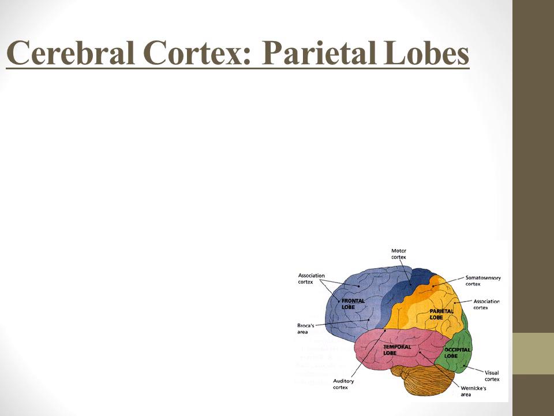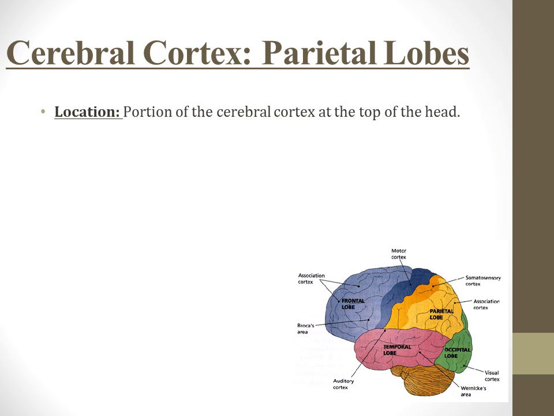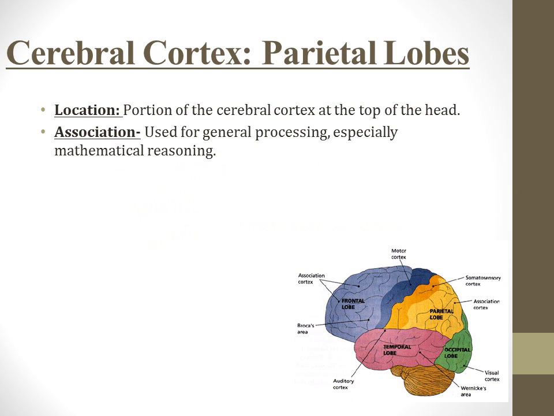All right, moving on to the parietal lobe. That's the yellow lobe on here. The location in the cerebral cortex is on the top of the head, pretty much right behind the frontal lobe. The association area, the higher level thinking, is pretty much used for math reasoning. It also helps with the ability of touch, so the sense of touch is processed here in the